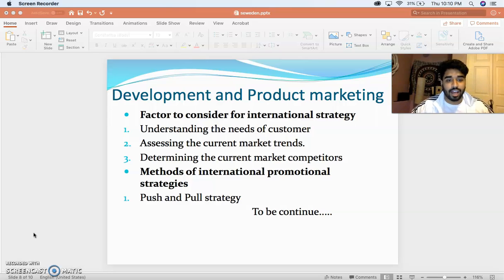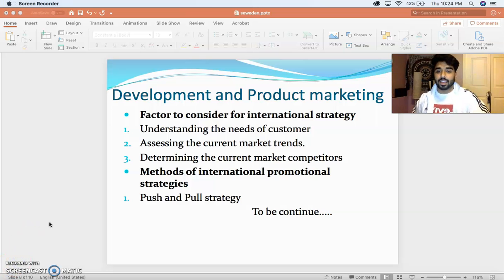And the second is pull strategy. It refers to a strategy in which a firm increases the demand for the product. It can be used by itself or used with the push marketing strategy. So coming up to the next slide, which is